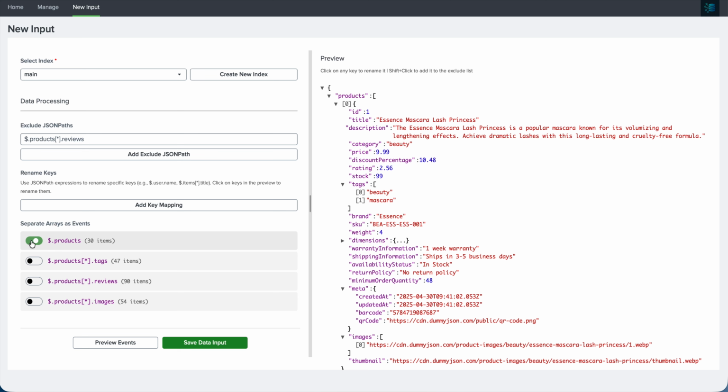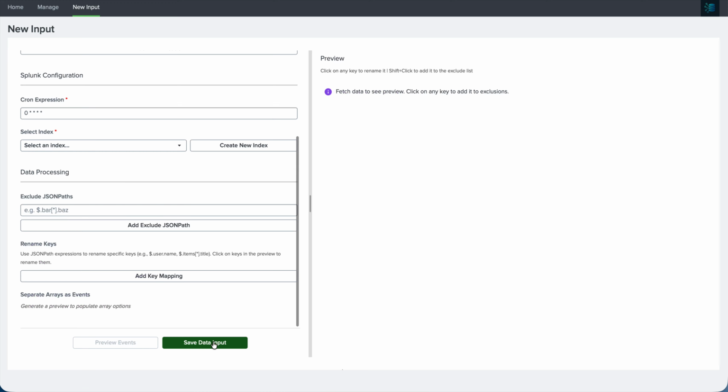So we can create a new event in Splunk for every single product or a new event in Splunk for every different tag, etc., etc. So this is built upon the arrays available within the data. Save. Cool. So now if I go to manage,